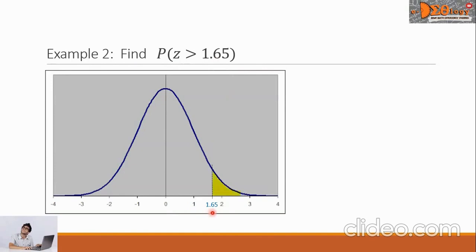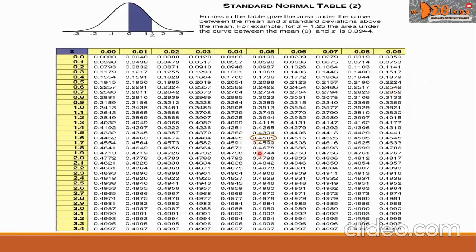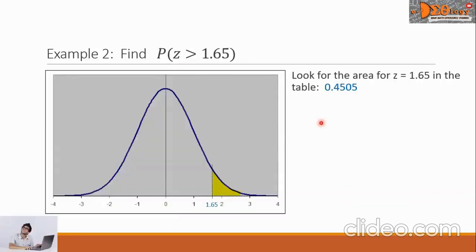And then let us shade the required area, and it corresponds to the right tail of the curve. Now let us look for the area for Z equals 1.65 in the table. And that value is here, 0.4505. We copy this value in here,